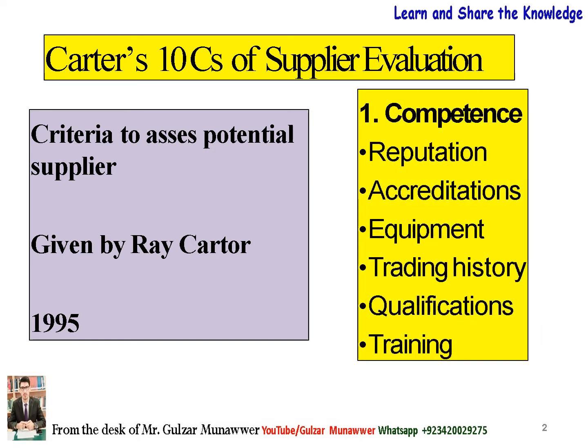So starting with competency, the first criteria of evaluating a supplier is to check their level of competence. Here you will need to thoroughly assess the capabilities of a supplier compared to the needs of your organization. Does the supplier have people with the right skills to provide what you need? Do they have the right equipment to provide what you need?